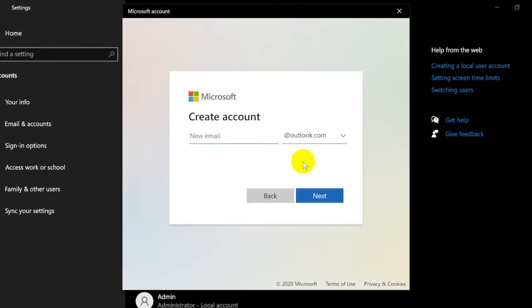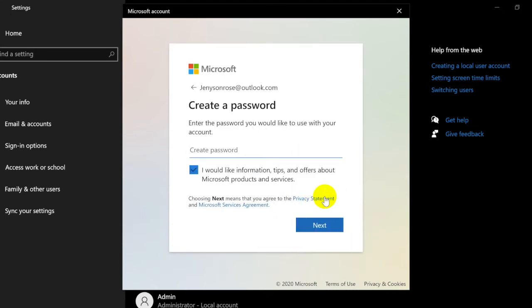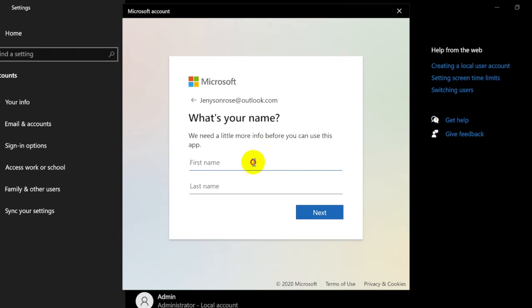Okay, right now we start to add the family account to Windows. So you go to Family and other, and you click Add a member. You fill in the name of the Microsoft account, like your child's. If you don't have an account for your child yet, you can create one. So when you click create, you type the name of the child account.